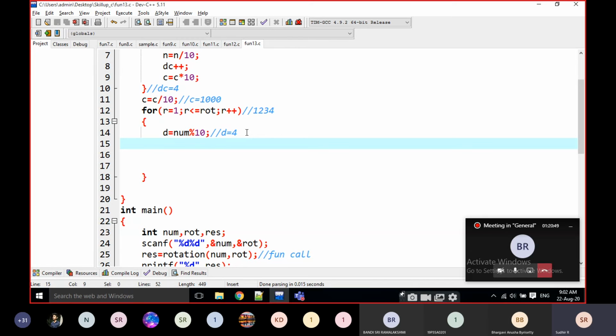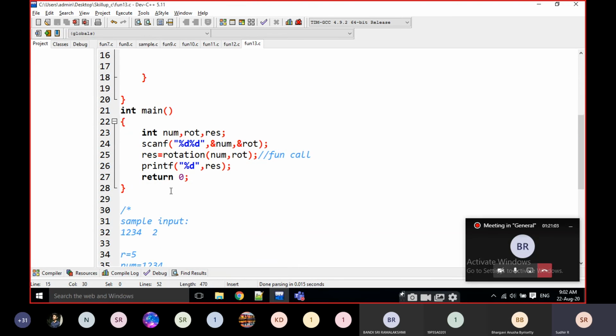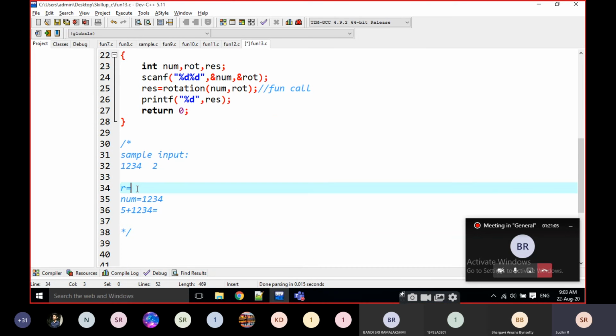Now what do I have to do here? num is equal to num by 10. That means here num is 1, 2, 3. I have segregated the point, which is 4.